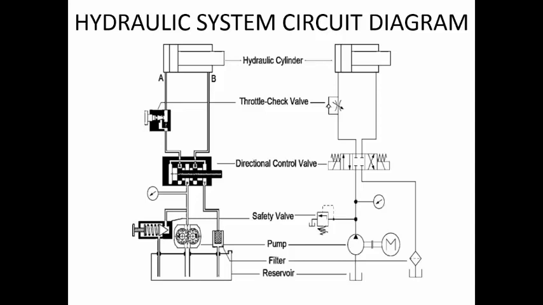Then the actuator shown here is the hydraulic cylinder. So you have the component diagrams, and also the symbols. Usually the circuit diagram will be created by using the different symbols. We will be studying them in more detail in the subsequent modules. Any hydraulic circuit diagram is made only of the symbols used to create that particular diagram, and from the symbols we can understand how exactly this particular circuit is going to operate.